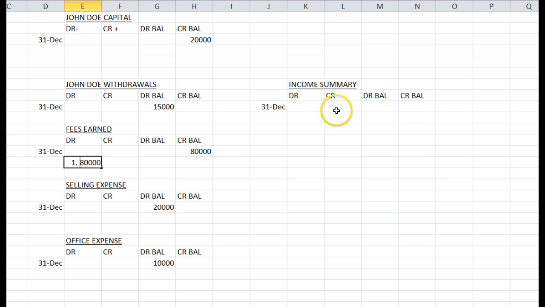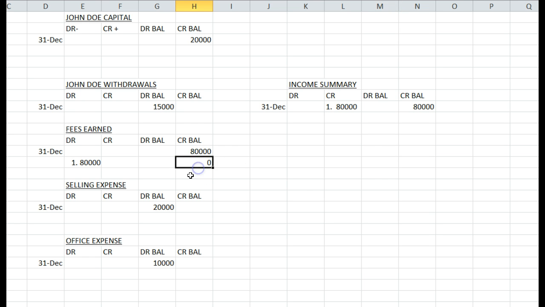What I do is I transfer it into the income summary account with a credit of $80,000, and that gives the income summary account an $80,000 balance. Okay, so that's closing entry number one, debit fees earned, credit income summary, which closes out the fees earned account. As you can see, the credit of 80 is debited out, bringing it to a zero balance,